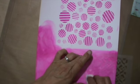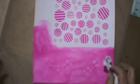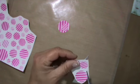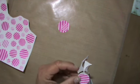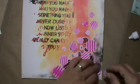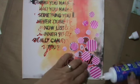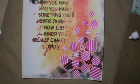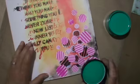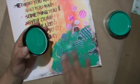So it works when you want to have this very light effect. That's absolutely fine. But when you want to have it more obvious, you need to use more paint and don't let it dry. So because I don't like to waste stuff, I cut these circles out and glued them to the page as a next step, and I used the next color, that is absolutely gorgeous